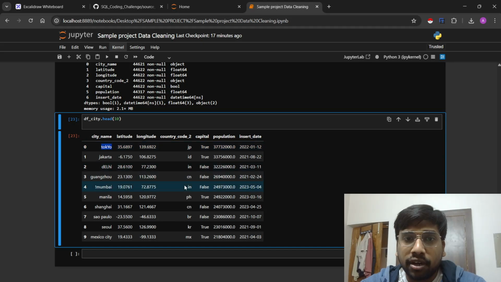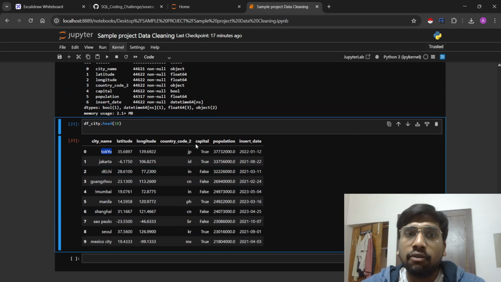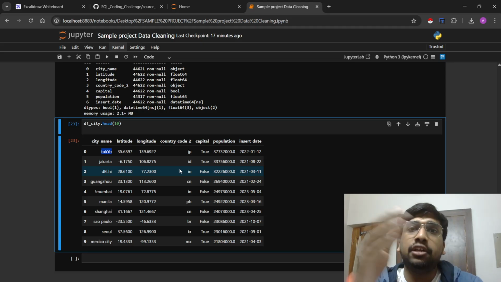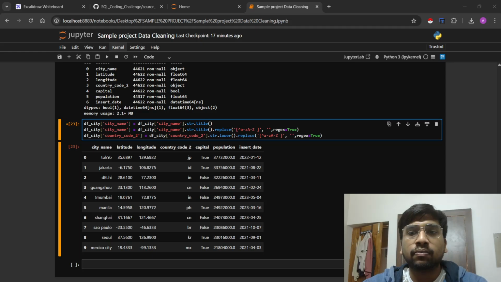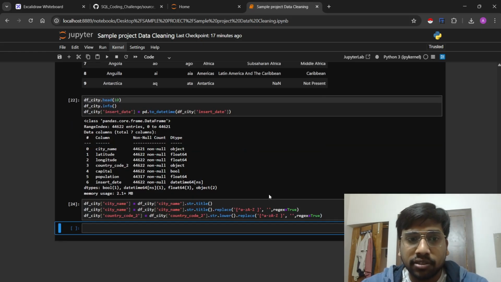I guess for the country codes this data is clean, but still we will make sure that there are no discrepancies, and we will do the same thing that we did with the country code column of the previous data set. So let's write all the codes that are required. As you can see, I have written all my codes right now, and if I run this, the necessary changes should be made.